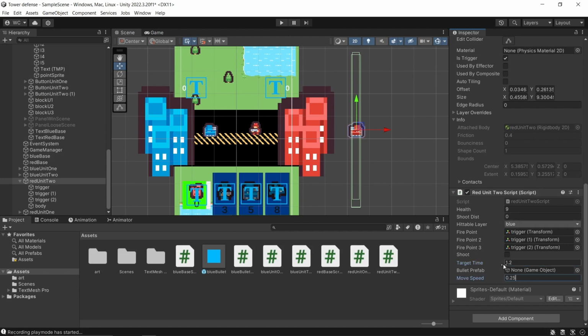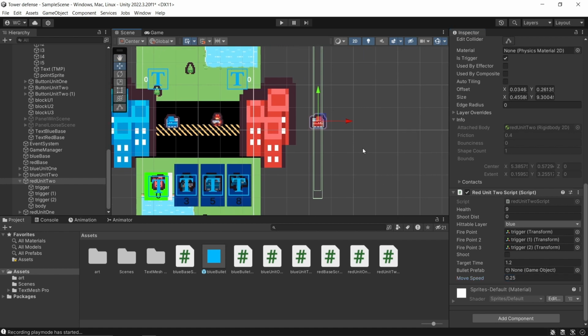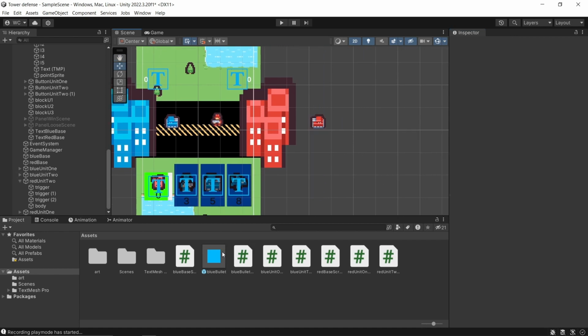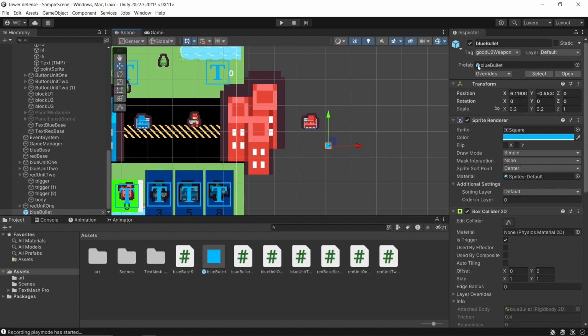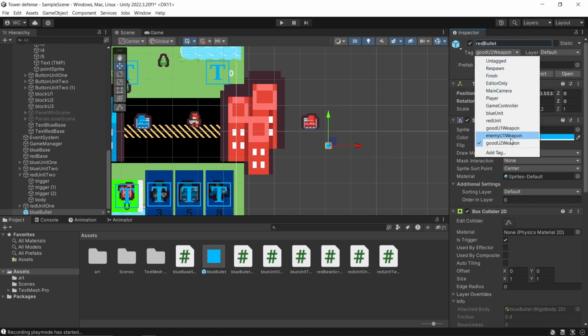Paste that in. Awesome. All right, let's make the bullet prefab real quick. And simply enough, we're just going to do similar to what we did. Instead of duplicating it, I'm just going to go ahead and create a new one. Actually, now let's just drag and drop it. Let's go ahead and change the name to red bullet. Remember to change the tag of it as well to enemy unit